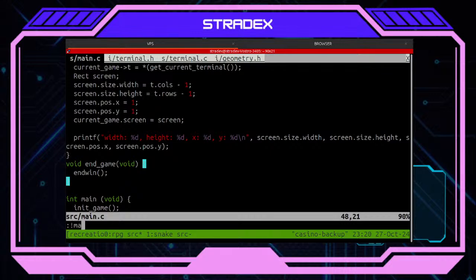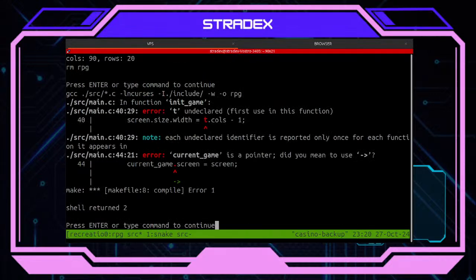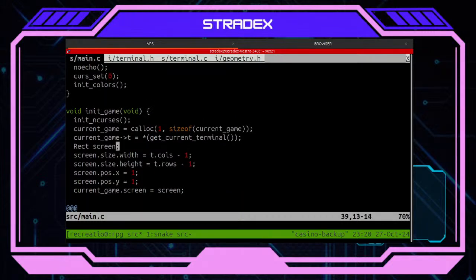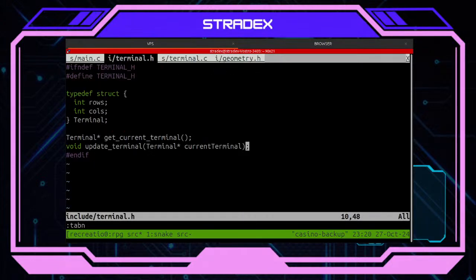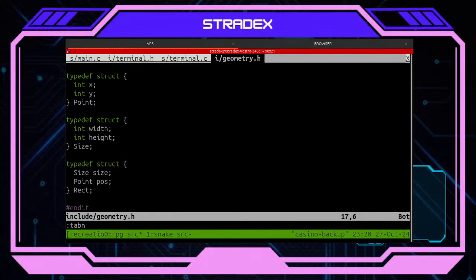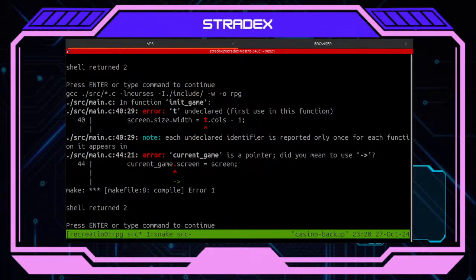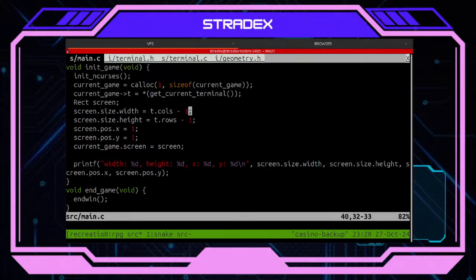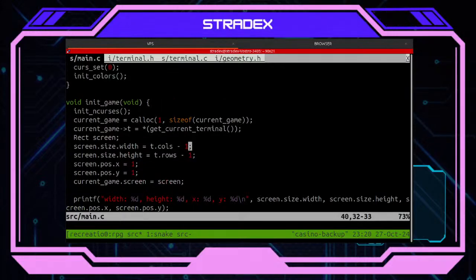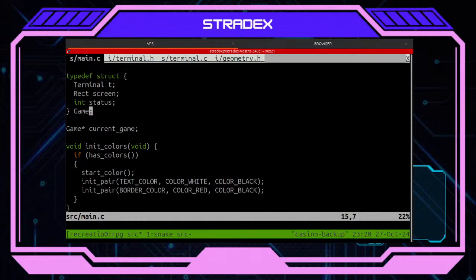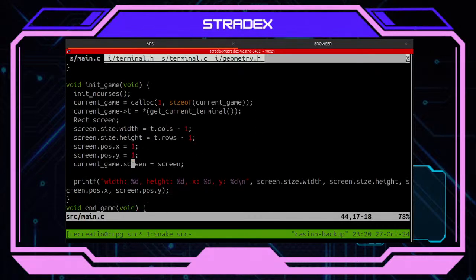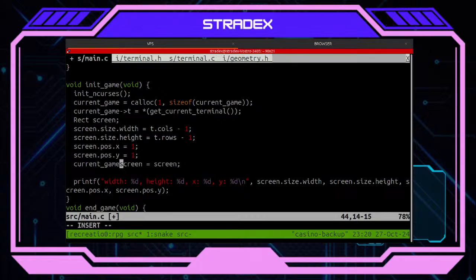If I do all of this, I can make a mistake because it's a pointer somehow. Why is it a pointer though? Well, if it's a pointer, then it's a pointer. Why, I don't know. Current game, it's because current game. Okay, I see. Yes, you are indeed.